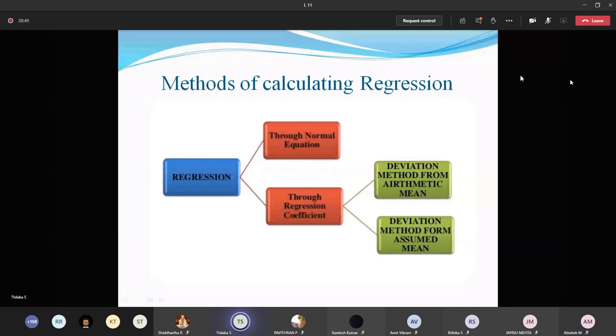And not only demand, they can forecast any economic activity. For this, we have many techniques, from time series analysis and barometric method to smoothing methods. In the econometric model, we have regression analysis and correlation analysis. We have so many analyses for predicting demand or other economic activities, but we limit ourselves to the regression analysis and the time series analysis.